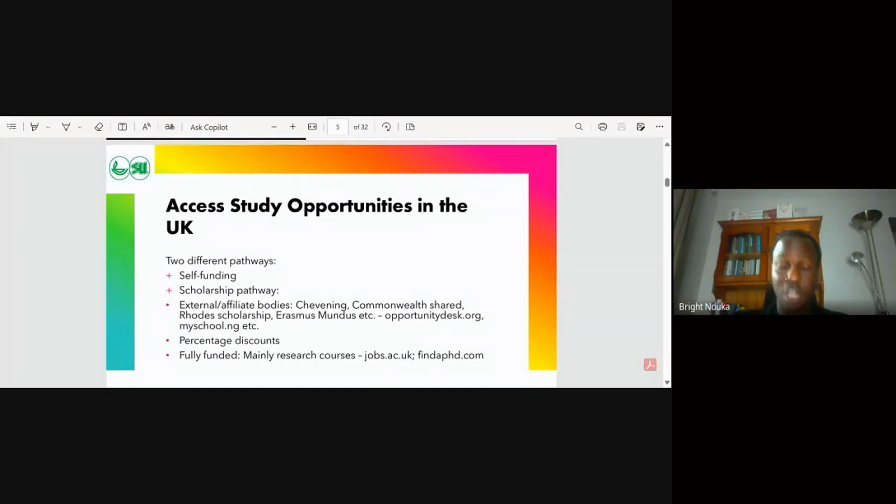Commonwealth Shared Scholarship is also another one. Rhodes Scholarship is also there. Erasmus Mundus scholarship is also there. There's also the NDDC for those of us in Nigeria who are from the Niger Delta region of Nigeria. The NDDC scholarship is also another one that will pay you a good stipend and bring you down to